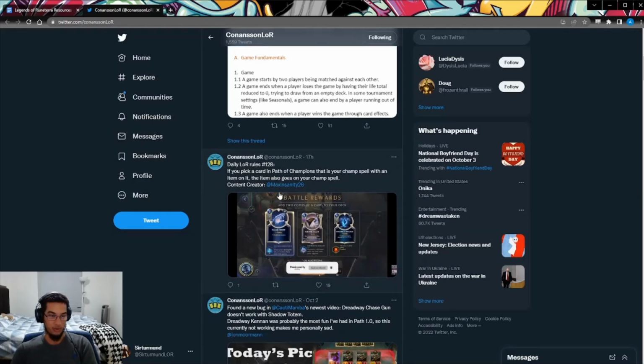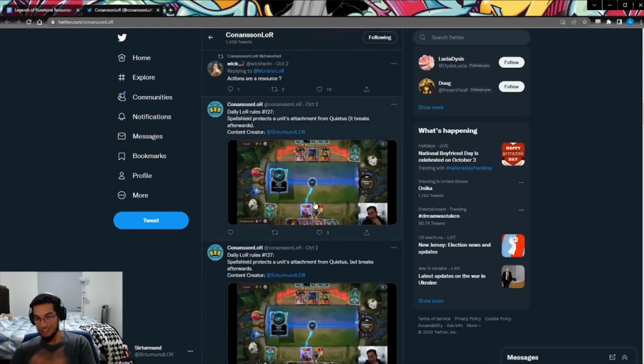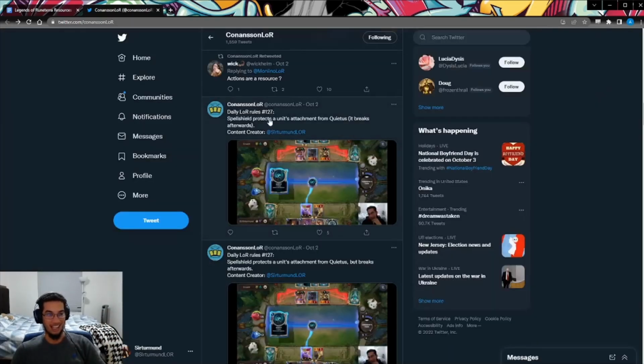I guess this one is more for champions, but let's look at another one of those. Okay, actually, this one is with me in the image. Look at that. So daily Runeterra rules 127. Spell shield protects a unit's attachment from Quietus, right? It breaks afterwards. So if for some reason you didn't know if Quietus equipment breaker will get stopped by spell shield,